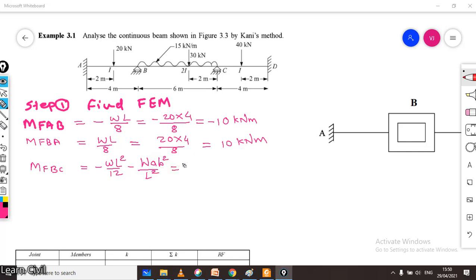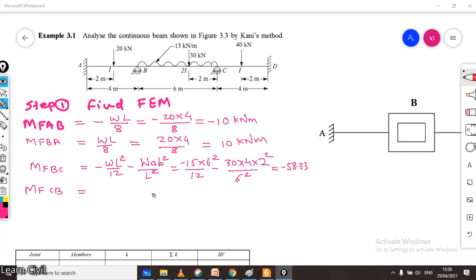Therefore minus 15 into L is 6 square divided by 12, minus, for the 30 kilonewton load, minus 30 into A is 4 into B is 2 square divided by 6 square. So this will be equal to minus 58.33. Similarly,